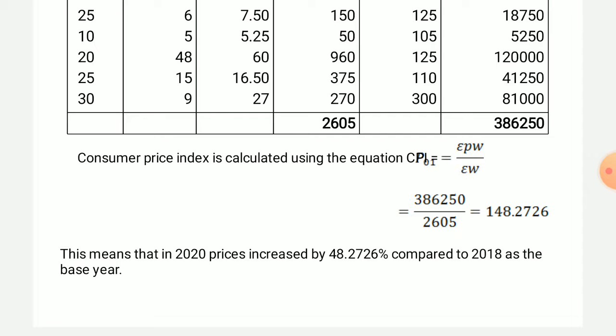This is the consumer price index number according to the family budget method, equal to